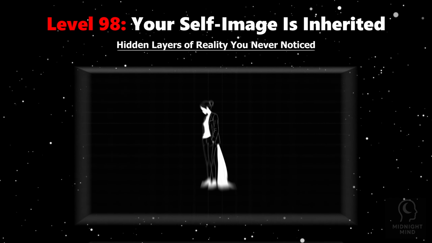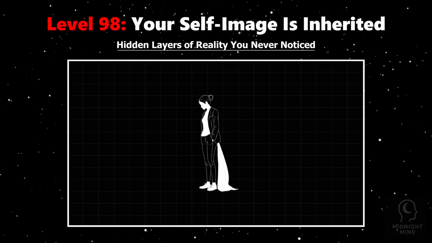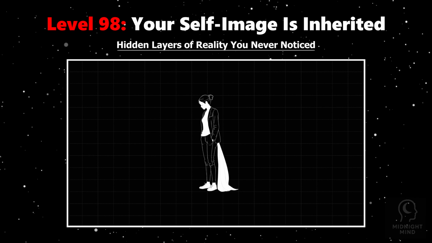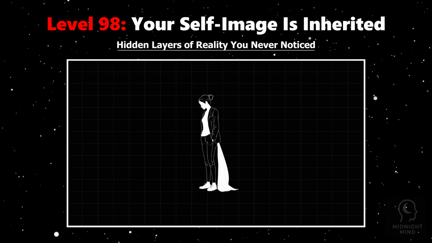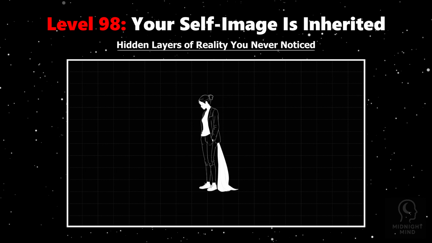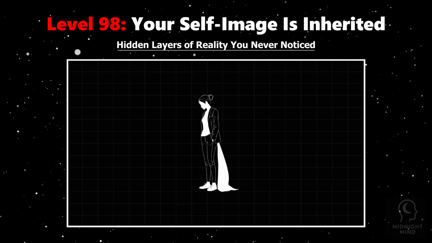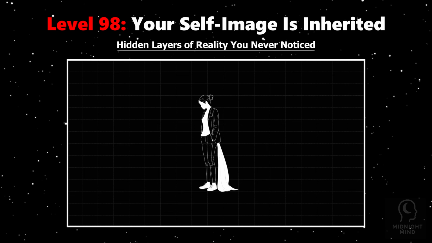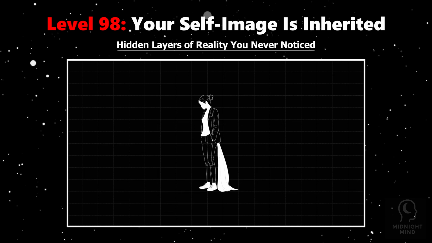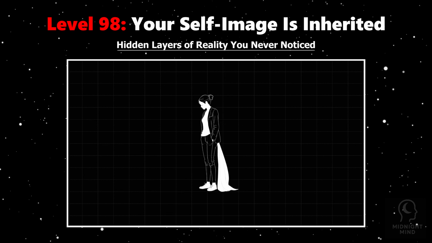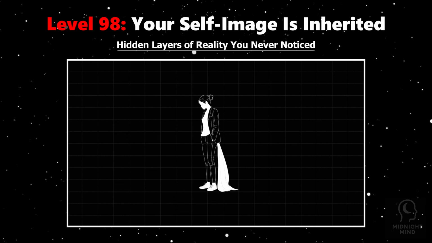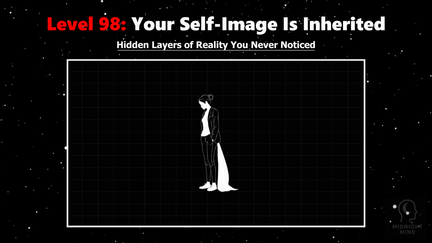Imagine hearing stories about yourself before you even understand who you are. Labels, expectations, judgments passed down like clothes too big or too small. Your self-image isn't born purely from your own discovery. It's inherited from voices around you, woven from the beliefs, fears, and hopes of those who came before. These handed-down ideas shape how you see yourself long before you can question or decide.